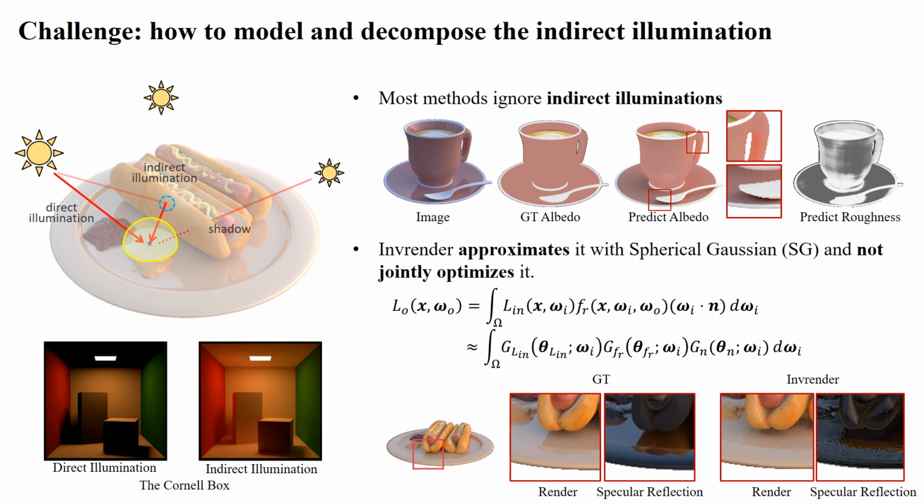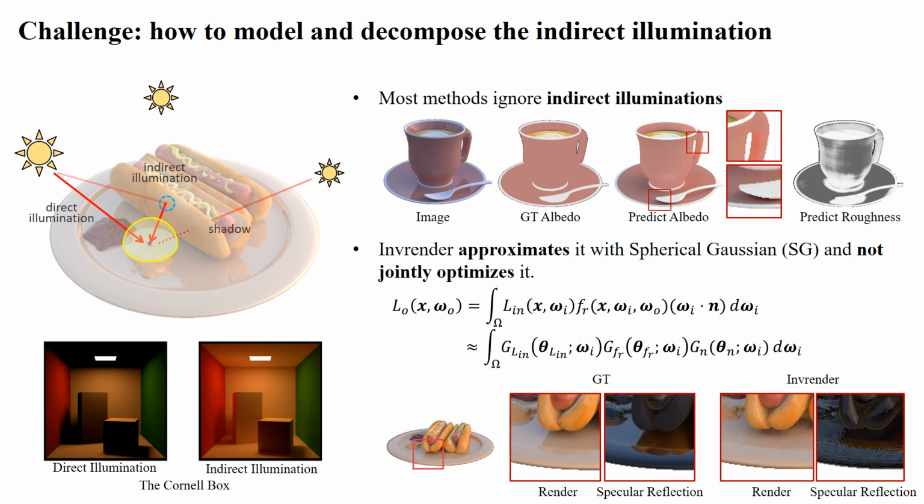Most methods model the environment illuminations but ignore indirect illuminations. As a result, the interreflections and shadows between objects are mistakenly treated as materials. InRender takes the indirect illumination into consideration, but they approximate it with spherical Gaussian and do not jointly optimize it. The high-frequency details of the near-field indirect illumination cannot be modeled, and the recovered interreflections tend to be blurry and